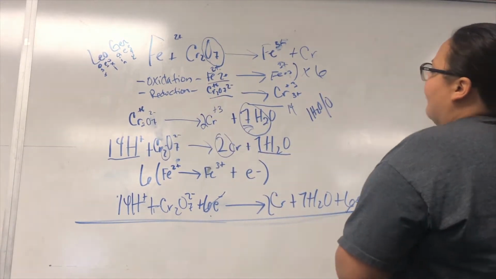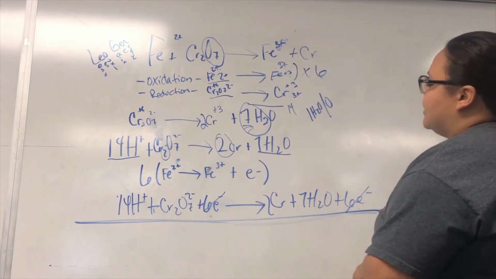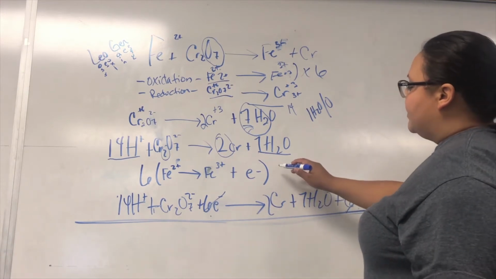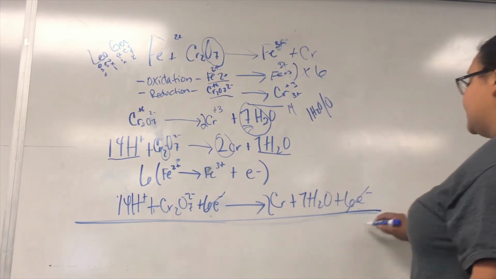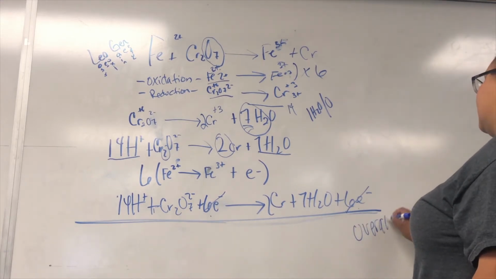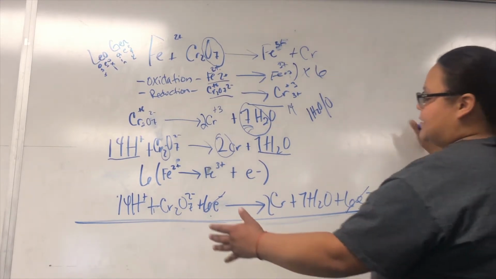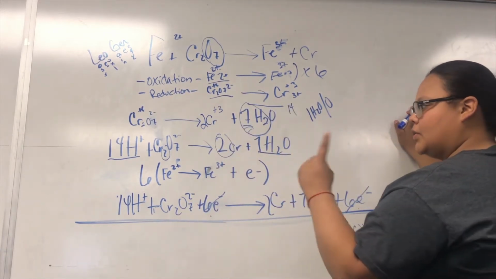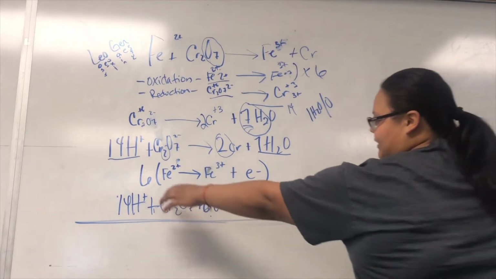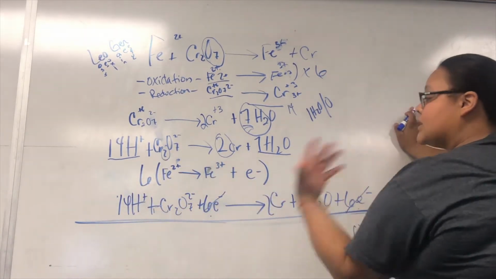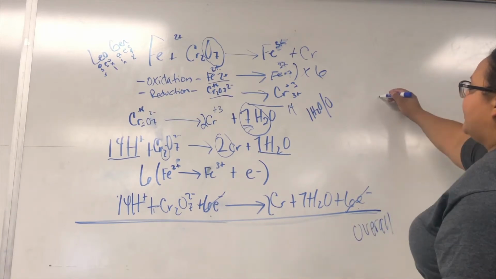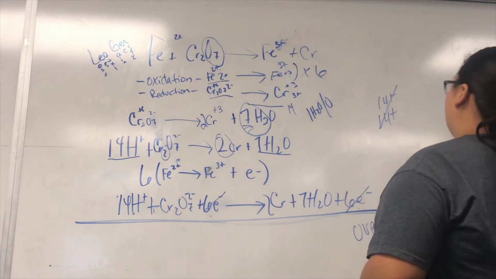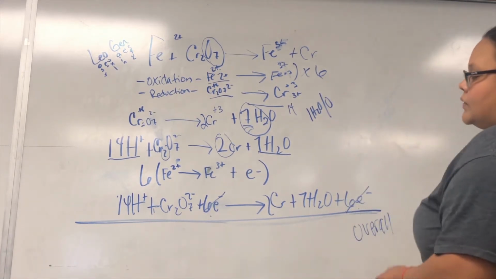So the next to last step is getting the overall equation. So this is the overall. By doing this we have to compress both equations into one, by canceling out anything that is the same. So for example, if we had 14 hydrogen ions and then 14 hydrogen ions, we would cancel that out. But since we don't have that, we're